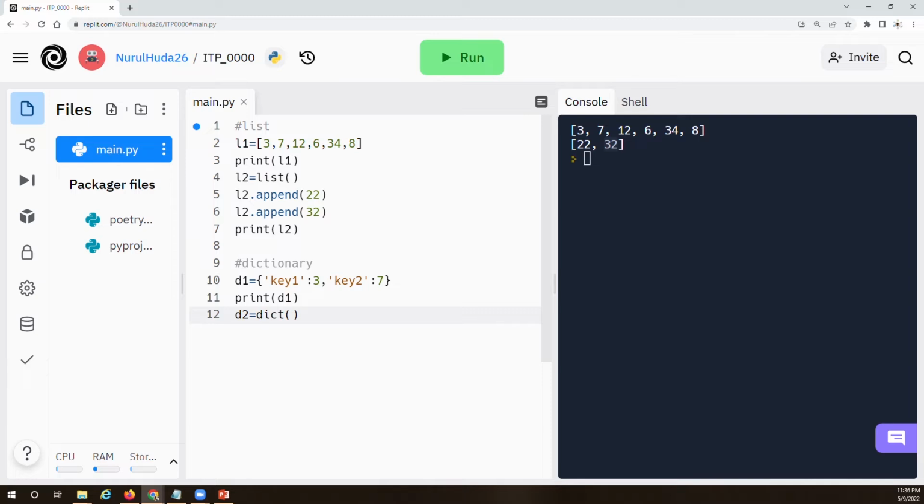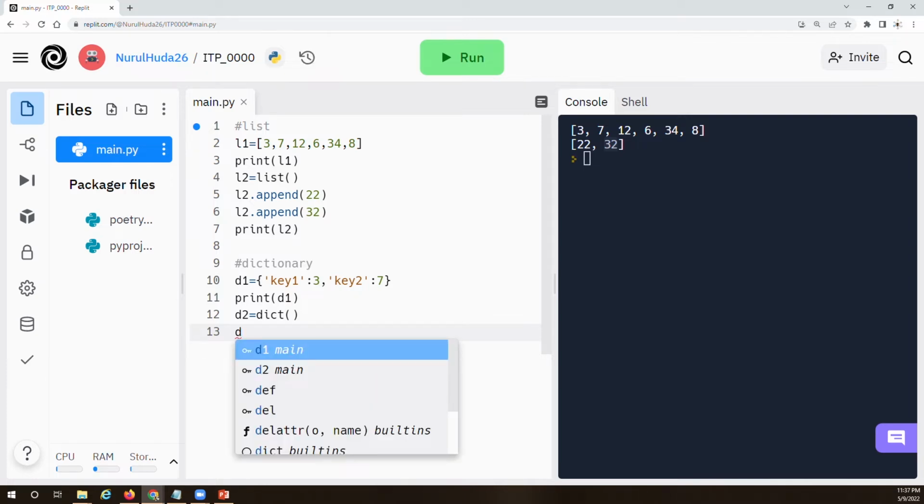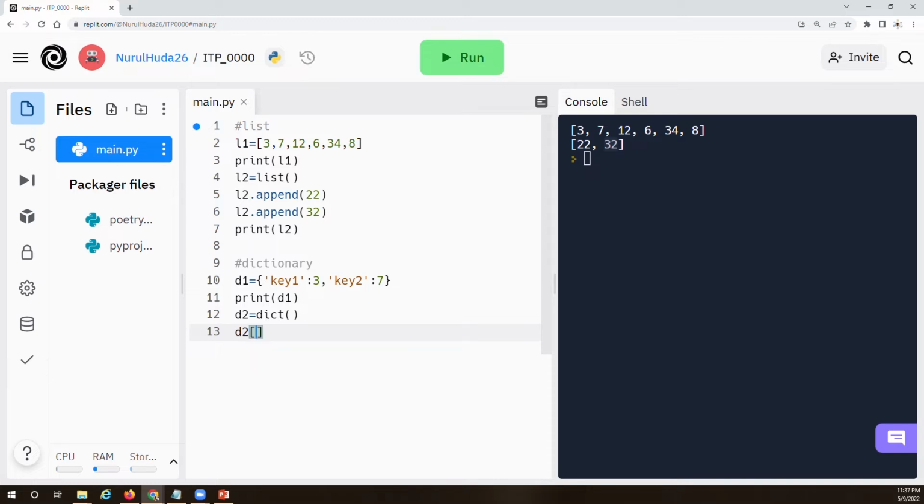In a list, we did append different values. In a dictionary, we can also append, but there is another way to add items. Let's say D2, and then we have to mention the key. Instead of an index, we need to mention the key, in square brackets, similar to how we mention an index. We mentioned the index in a list in square brackets. Here we also mention the key in square brackets, and then in quotation marks key1